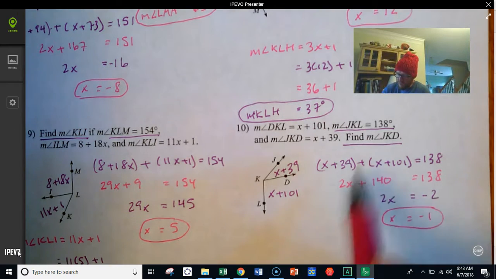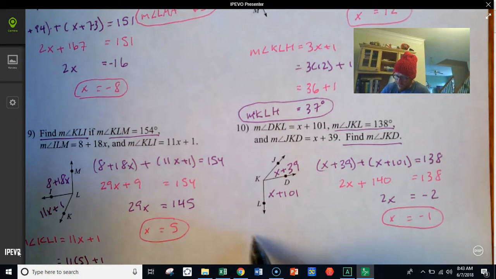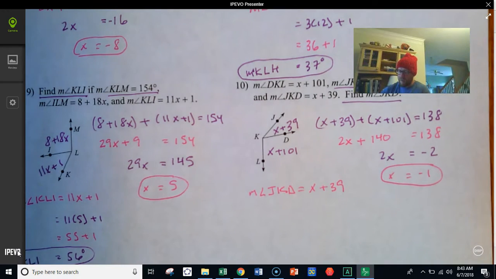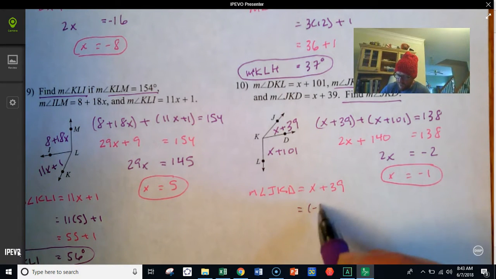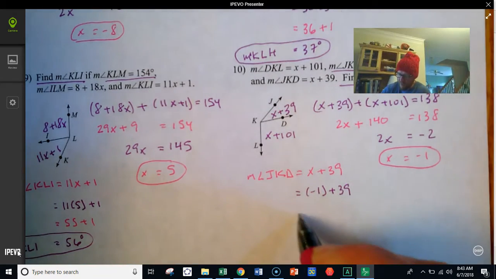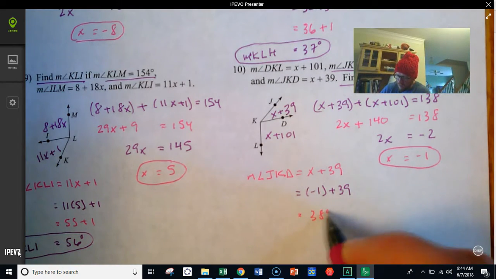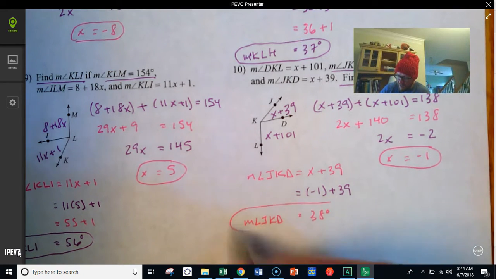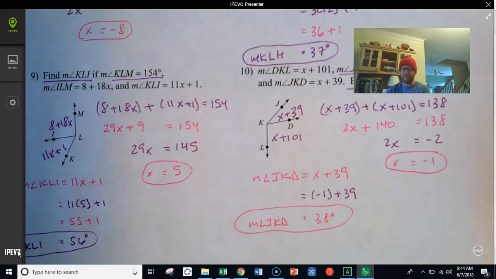Then we'll go back over here. Measure of angle JKD is x plus 39. We're going to replace the x with negative 1 plus 39, and we end up with 38 degrees as the measure of angle JKD. Okay. Next up,